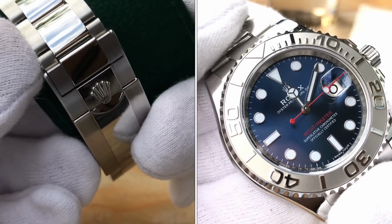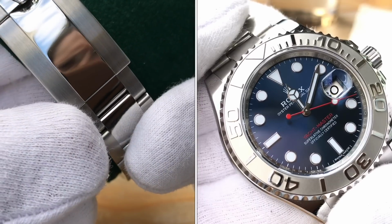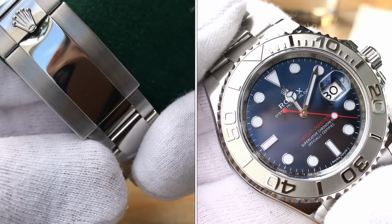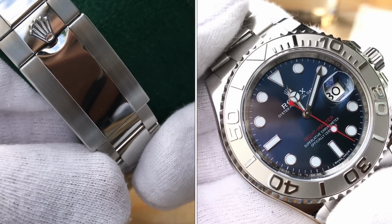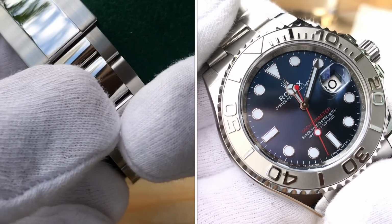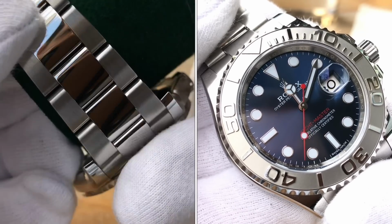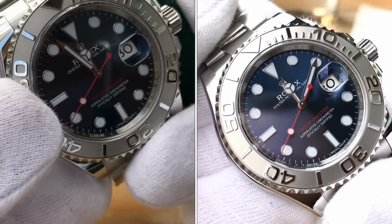Now, Jason, do the polished middle links, do you worry about scratching them? Yes, I do. You do? It looks fine, though. So, I guess you don't... I baby my watch, I guess you could say. But when you think about it, it's made for yachting, right? So I guess getting a couple scratches on it won't ruin my day. See, I think that's exactly how I'd react to it. If I had a polished middle link watch, I just wouldn't...